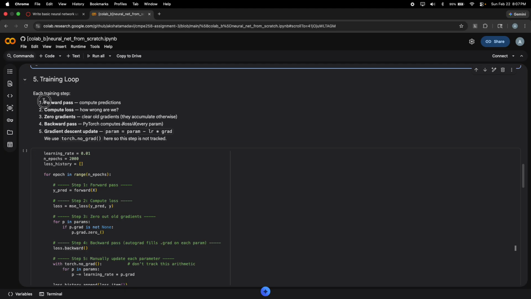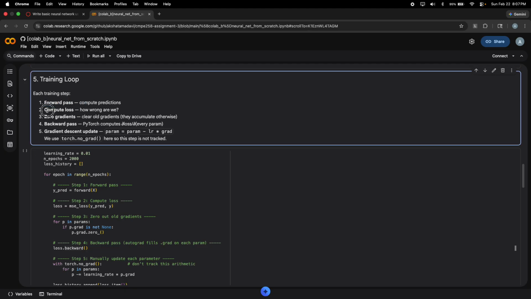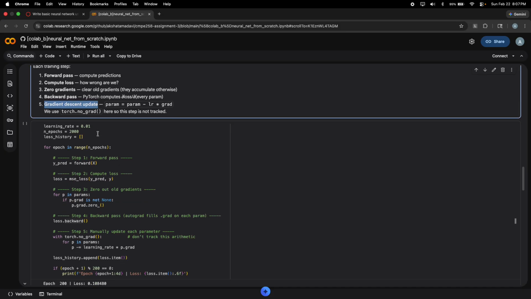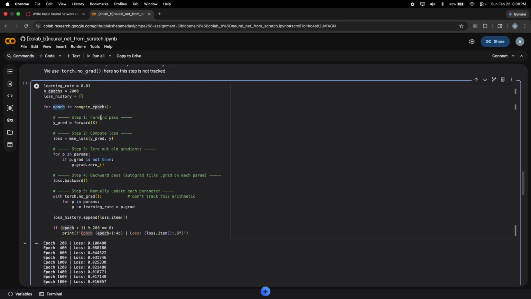In the training loop, we'll call the forward pass, we'll compute the loss, and we'll zero out all the gradients before each pass. Then we'll do the backward pass, which will backpropagate and compute the gradients, and in the gradient descent update the values of weights and bias will get changed. So for each epoch I'll run the loop, and first I'll call the forward